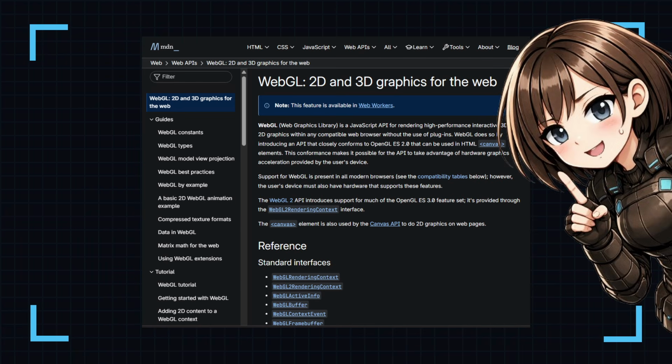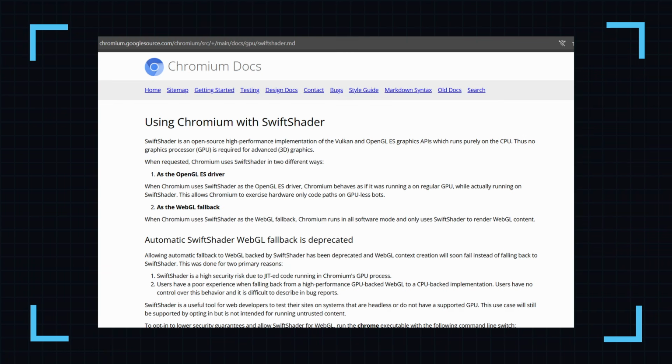In practice, this doesn't matter too much. WebGL is supported on essentially every device, including cheap integrated graphics. And historically, Chrome would fall back to a software rasterizer called SwiftShader if hardware acceleration wasn't available. But that automatic fallback has been deprecated. Chrome will now fail to create the WebGL context instead of silently downgrading. If you're running in a headless or GPU-less environment, you'd need to explicitly opt in to SwiftShader via the